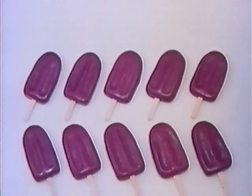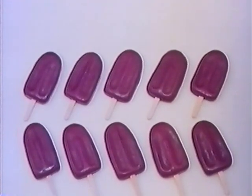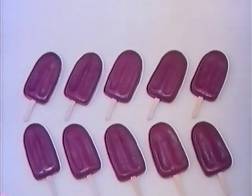Again, let's do another problem. Now, how many ice cream bars do we have? 1, 2, 3, 4, 5, 6, 7, 8, 9, 10. Wow, we have 10 ice cream bars. We better hurry or they'll melt. No, these can't melt. Okay, just like with the cupcakes, let's say that someone comes in and eats some of